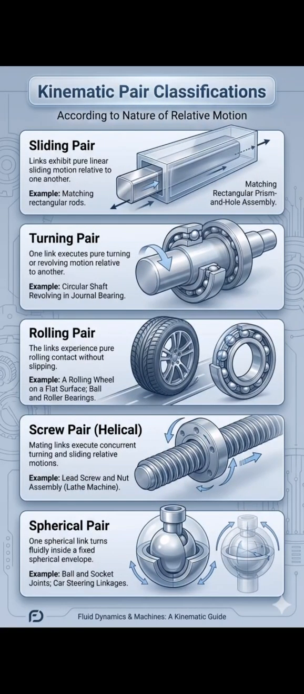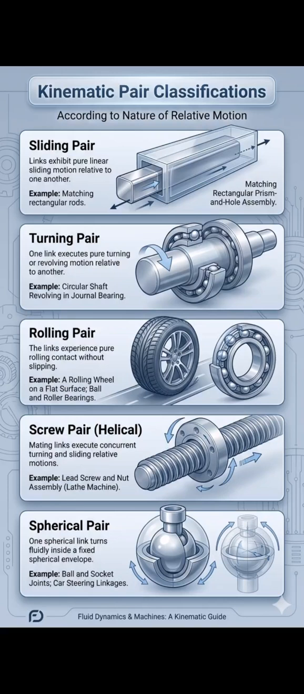Kinematic pairs according to nature of relative motion. Sliding pair: links exhibit pure linear sliding motion relative to one another, such as matching rectangular prisms in a hole assembly. Turning pair: one link executes pure turning or revolving motion relative to another, such as a circular shaft revolving in a journal bearing. Rolling pair: the links experience pure rolling contact without slipping,